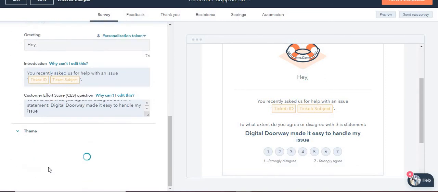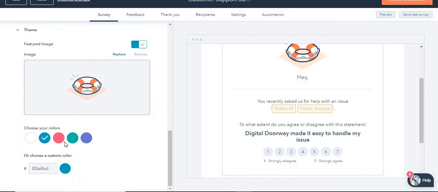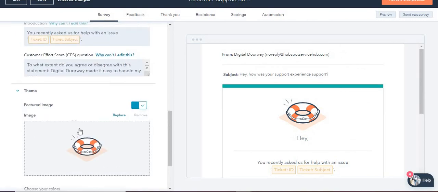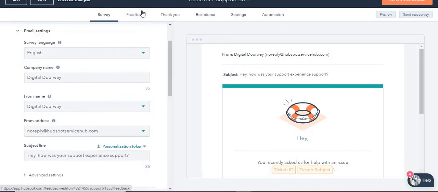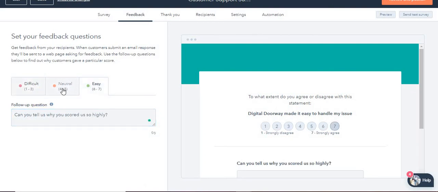You can also set the theme over here. You can change the image. You can set different colors or choose a custom one. This is very similar to what I showed you in the previous videos. In the feedback, you will see the measuring scale, which is difficult, neutral, and easy. So depending on the option, you will have the follow-up question: can you tell us why you scored us so